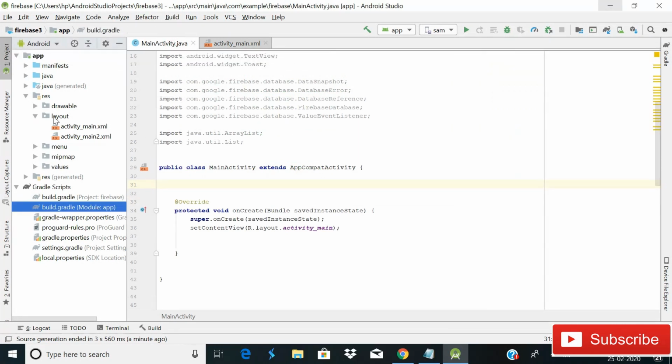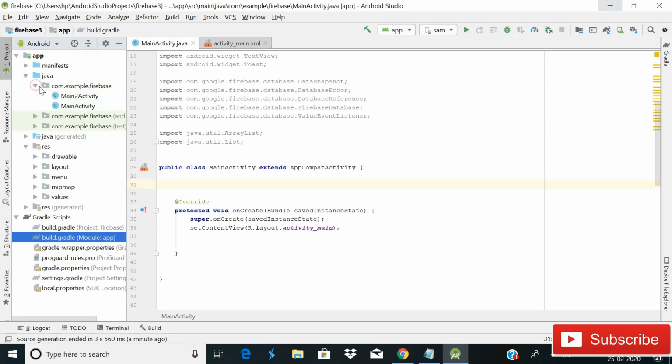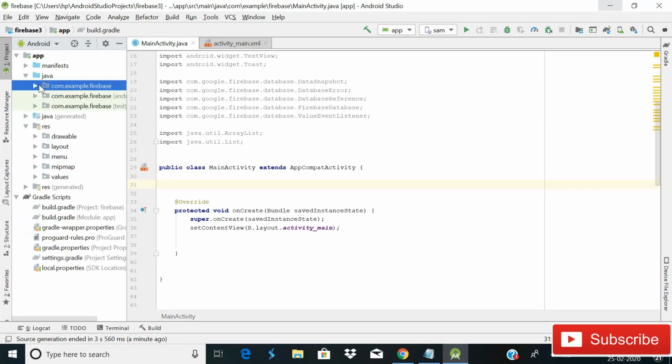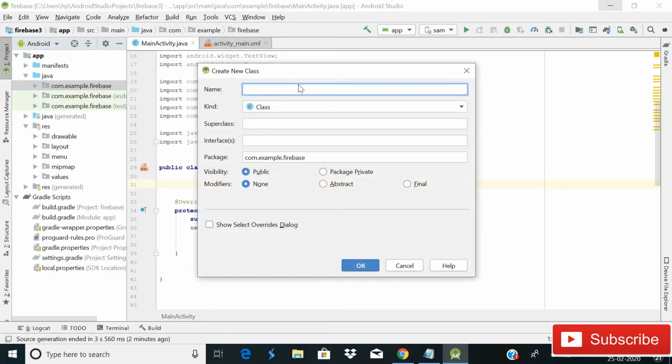Here first of all we will create a new class for getter and setter methods. For this, right-click, go to New, then Java class, and we will give it the name Member. Then click OK.